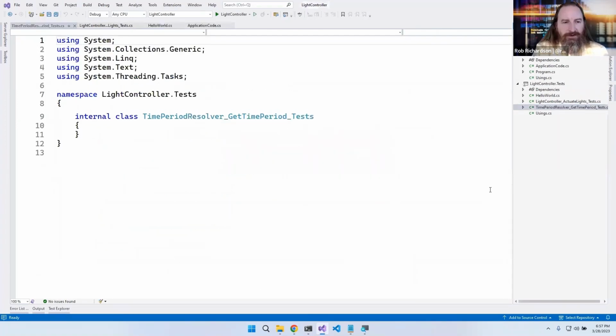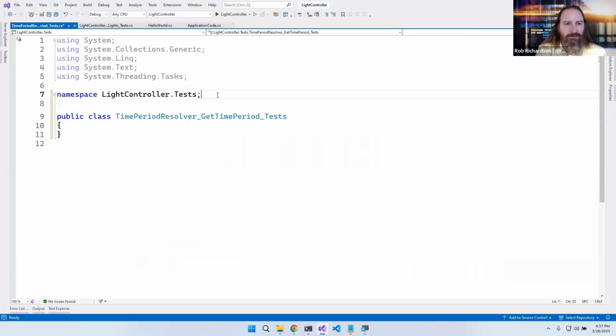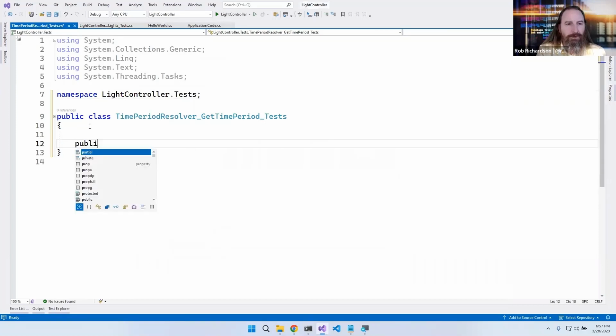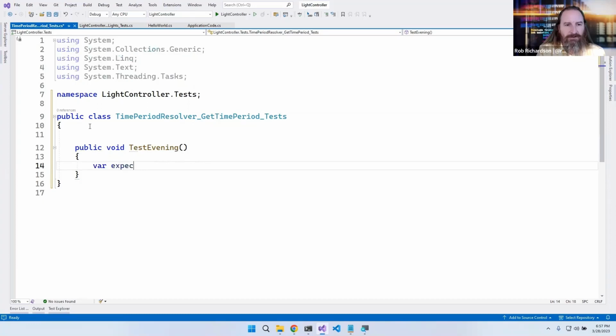And let's explore exactly this concern because I love it. We could say public void test evening, and we could say var expected is TimePeriod.Evening, and var in equals date